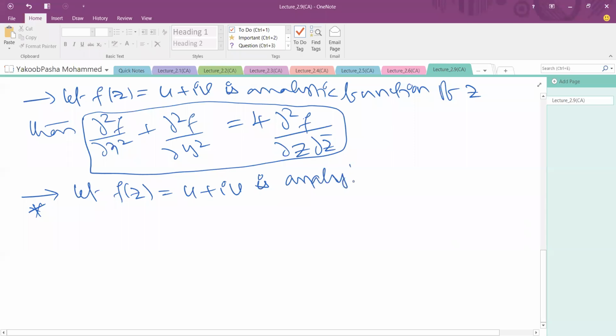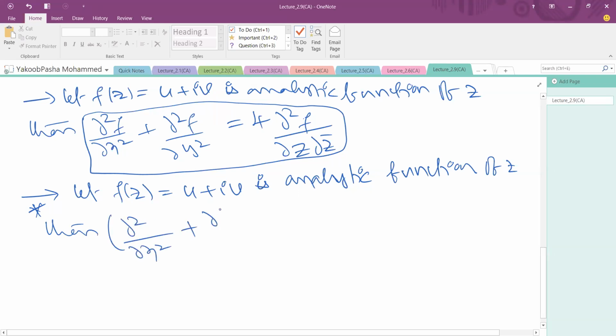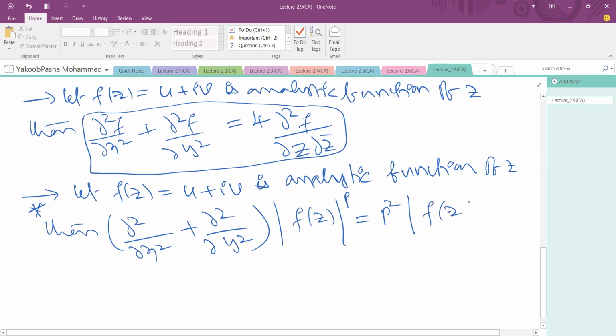Whenever it is an analytic function of z, then the result is del square by del x square plus del square by del y square, applied to modulus of f of z whole power p, is equal to p square into modulus of f of z whole to the power of p